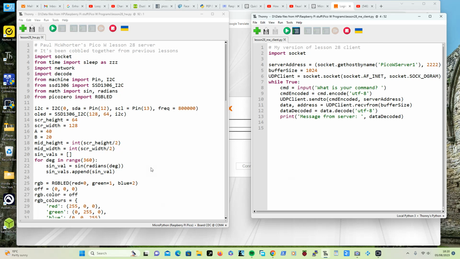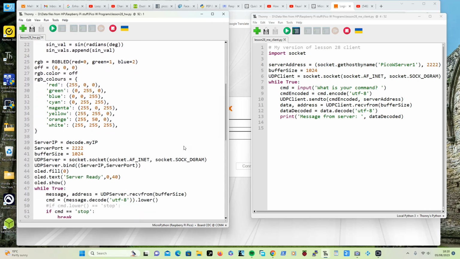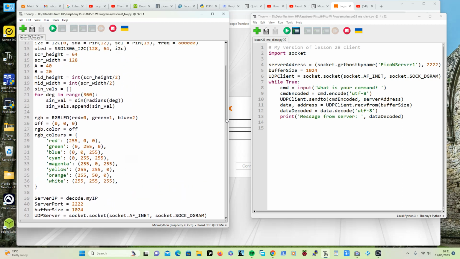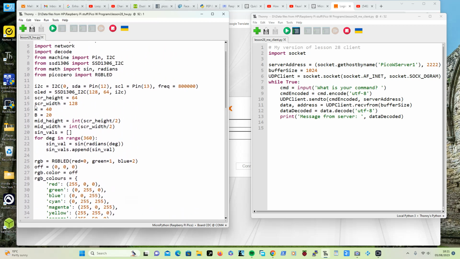Anyway, this is my program that I've kind of cobbled together from other lessons, and the server is doing various things. What it can do is you can turn the LED on to various colours, but it has to be a specified colour. If it isn't in there, it will turn it off and say invalid colour. And then it will also, you can see, this looks vaguely familiar from lesson 26, I think, when you're drawing a